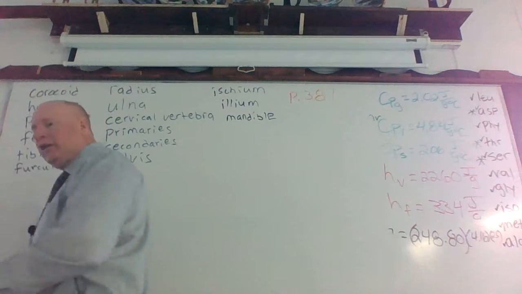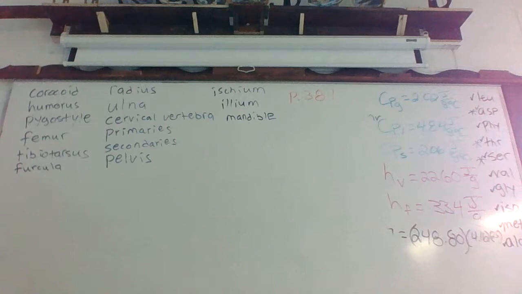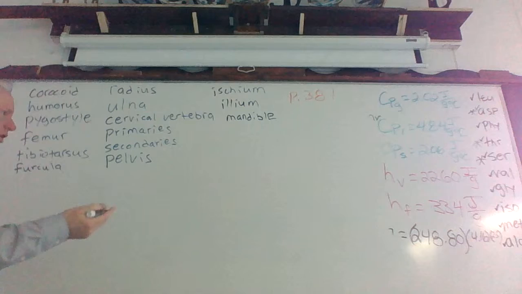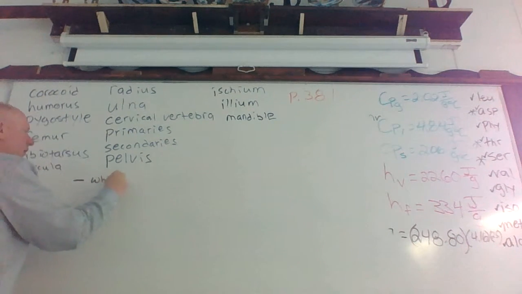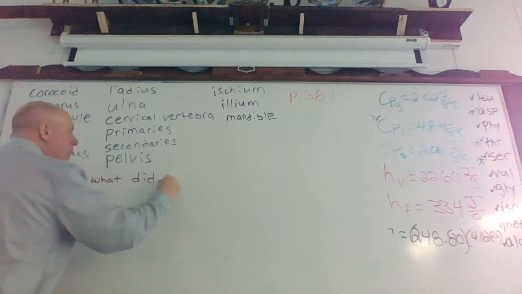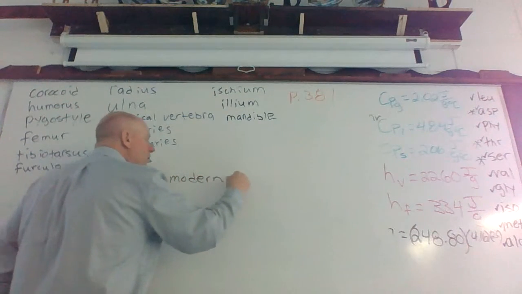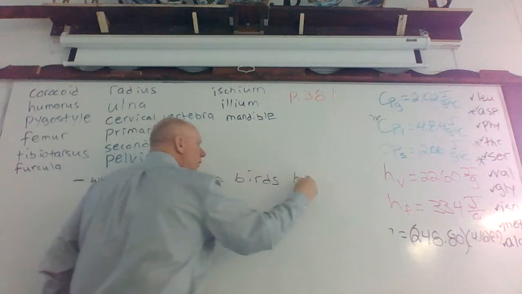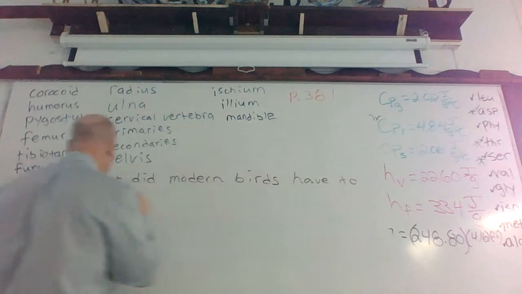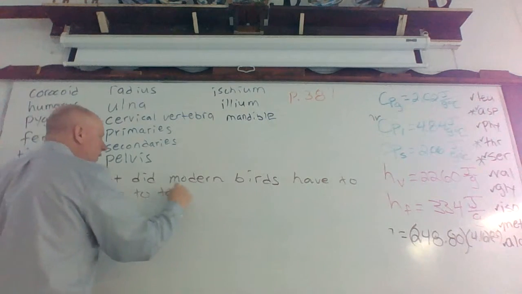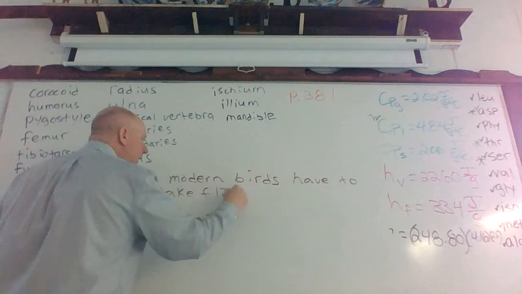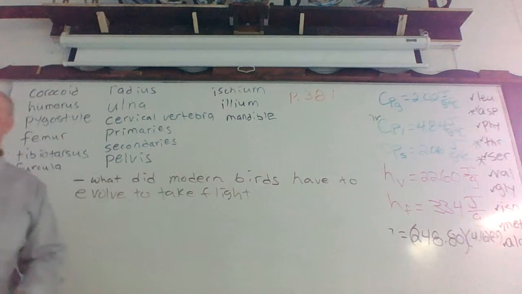It's not that we're making comparisons with the Archaeopteryx. That's not what we're doing here. You could use that as an example, but what did modern birds have to evolve to take flight? Okay, so just think of, there used to be animals that maybe ran across the ground,